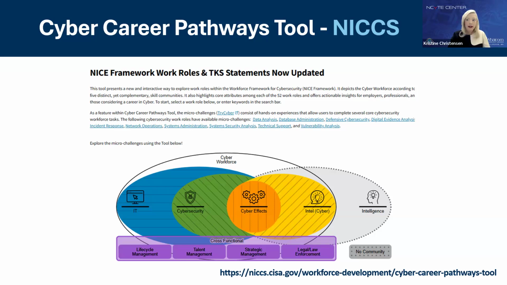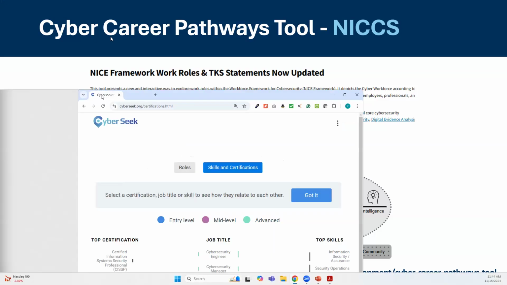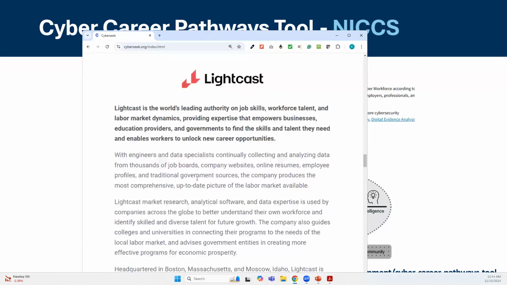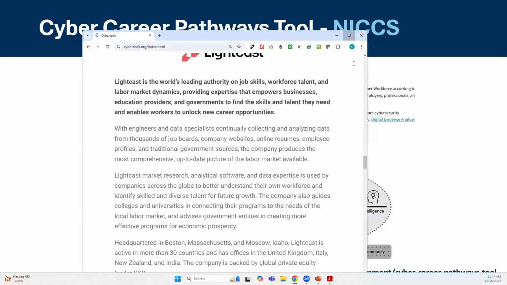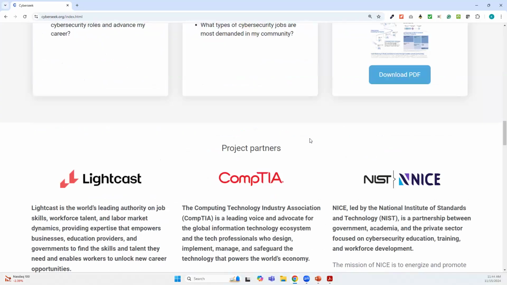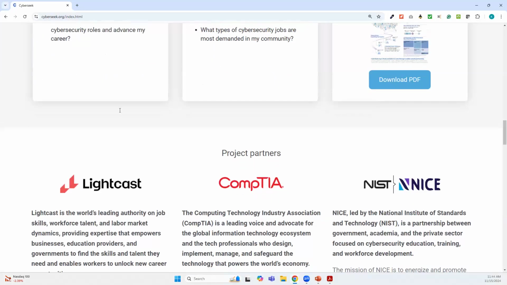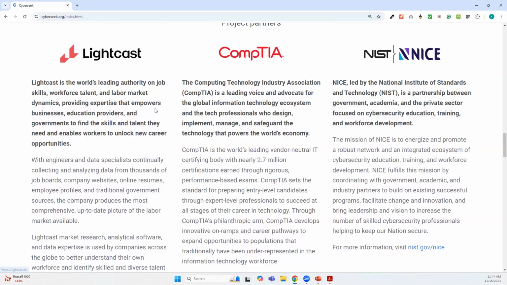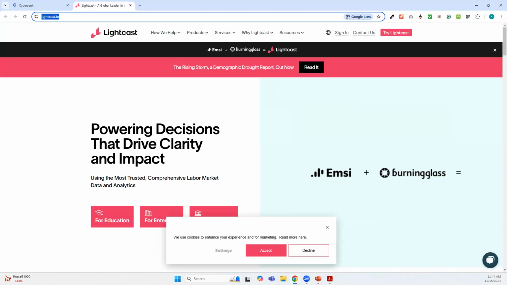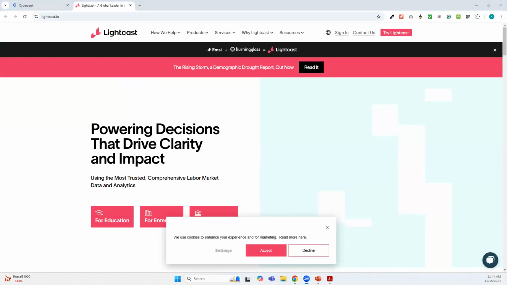Absolutely. Someone asked about what tool. The tool I'm talking about, Lightcast, actually provides the data for this website. So they're contracted with NIST to actually give the data that's used to build this website. Most colleges use Lightcast as a workforce data source for your reaccreditation process. And that's one that we subscribe to. The center subscribes to it. So if you need data like that, it's a really good source for getting workforce data about your program.